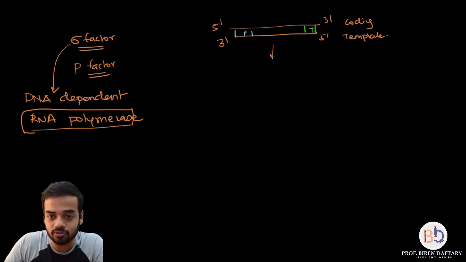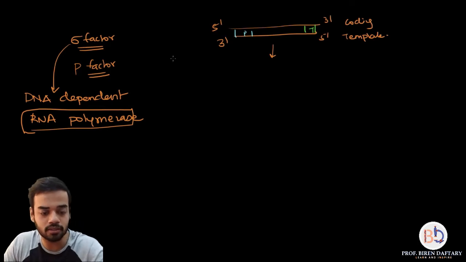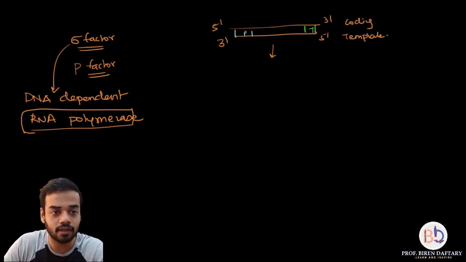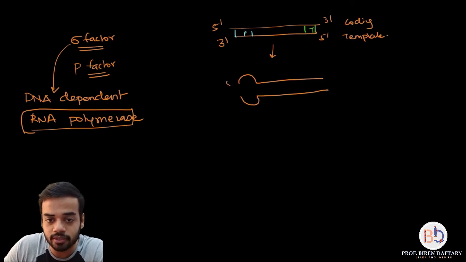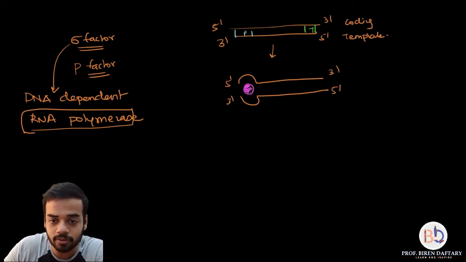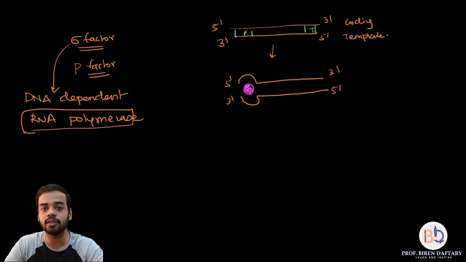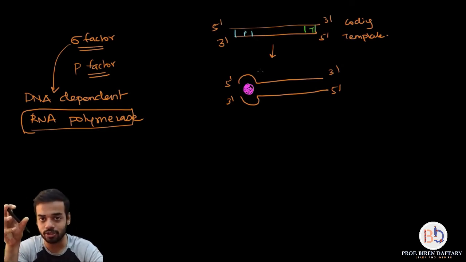So the next step that is going to happen, let us show that with purple color, is that as soon as the RNA polymerase attaches, the bonds between the two strands break. So this is 5' to 3', this is 3' to 5', and this over here is your DNA dependent RNA polymerase, which is bound to the promoter region. The specialty of this RNA polymerase is that it breaks the bonds in the area where it is attached to the DNA molecule. It breaks the bond between the coding and the template strand.